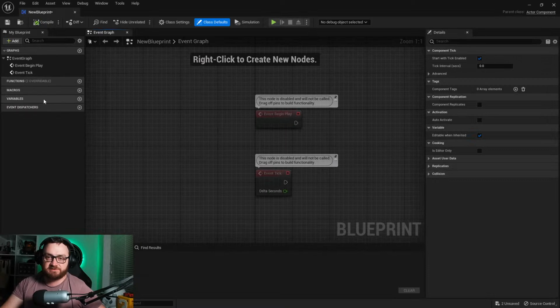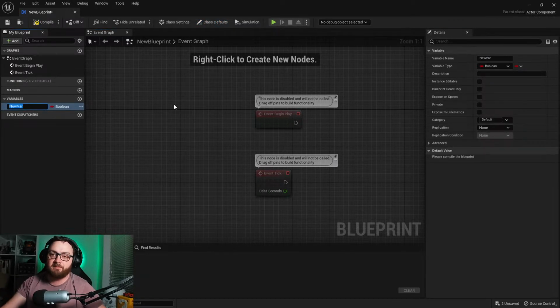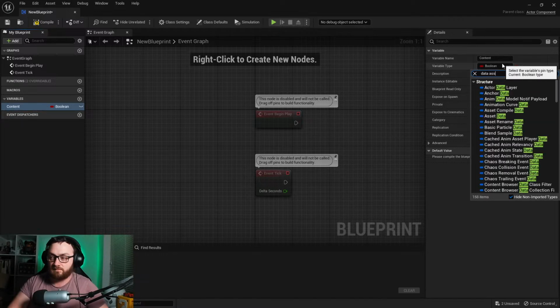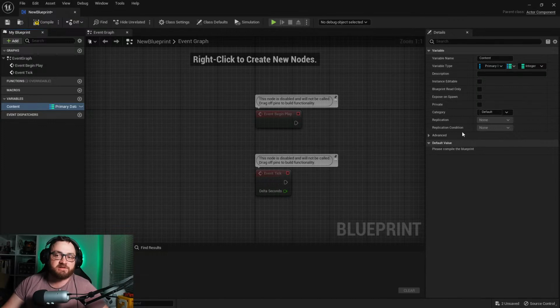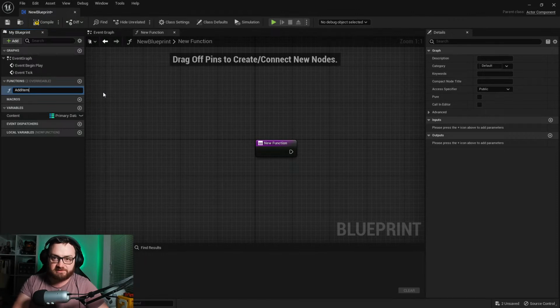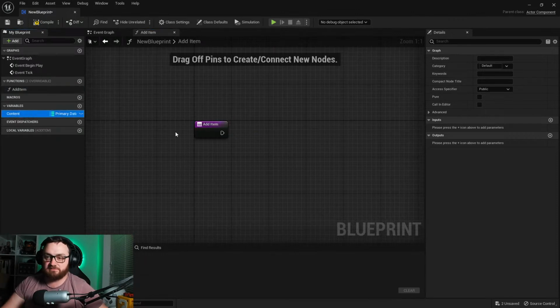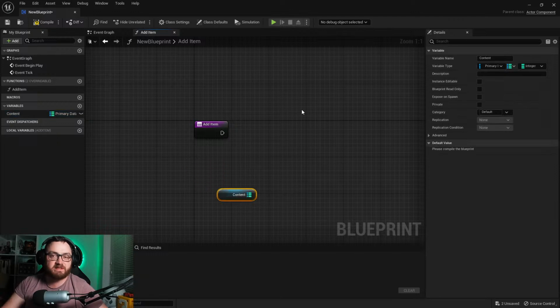So imagine it's an inventory system, for example. If you want to do a map, you can. Content. This would be the data asset. And that'd be a map with an integer of how many you have of that data asset. Or you can make that a struct using the slot method, where you would have that content as an array. And if you want to add an item to your content, add item. You're just simply getting your content. So it works exactly the same. So rather than getting data table by row name and things like that, I can just go